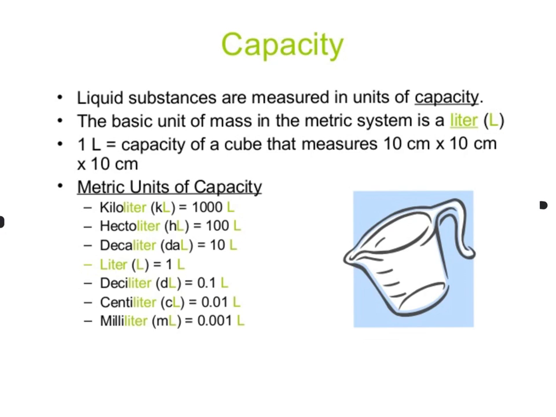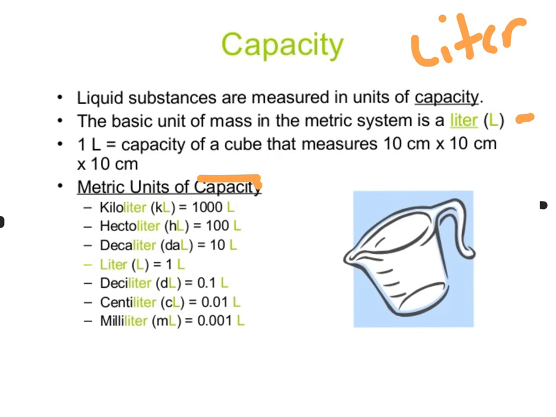So we measure capacity. That's liquid. Substances are measured in units of capacity. So the basic unit of capacity in the metric system is the liter, which is right here. And 1 liter equals the capacity of a cube that measures 10 centimeters by 10 centimeters by 10 centimeters. And it'll show you that on this side we have kiloliters,